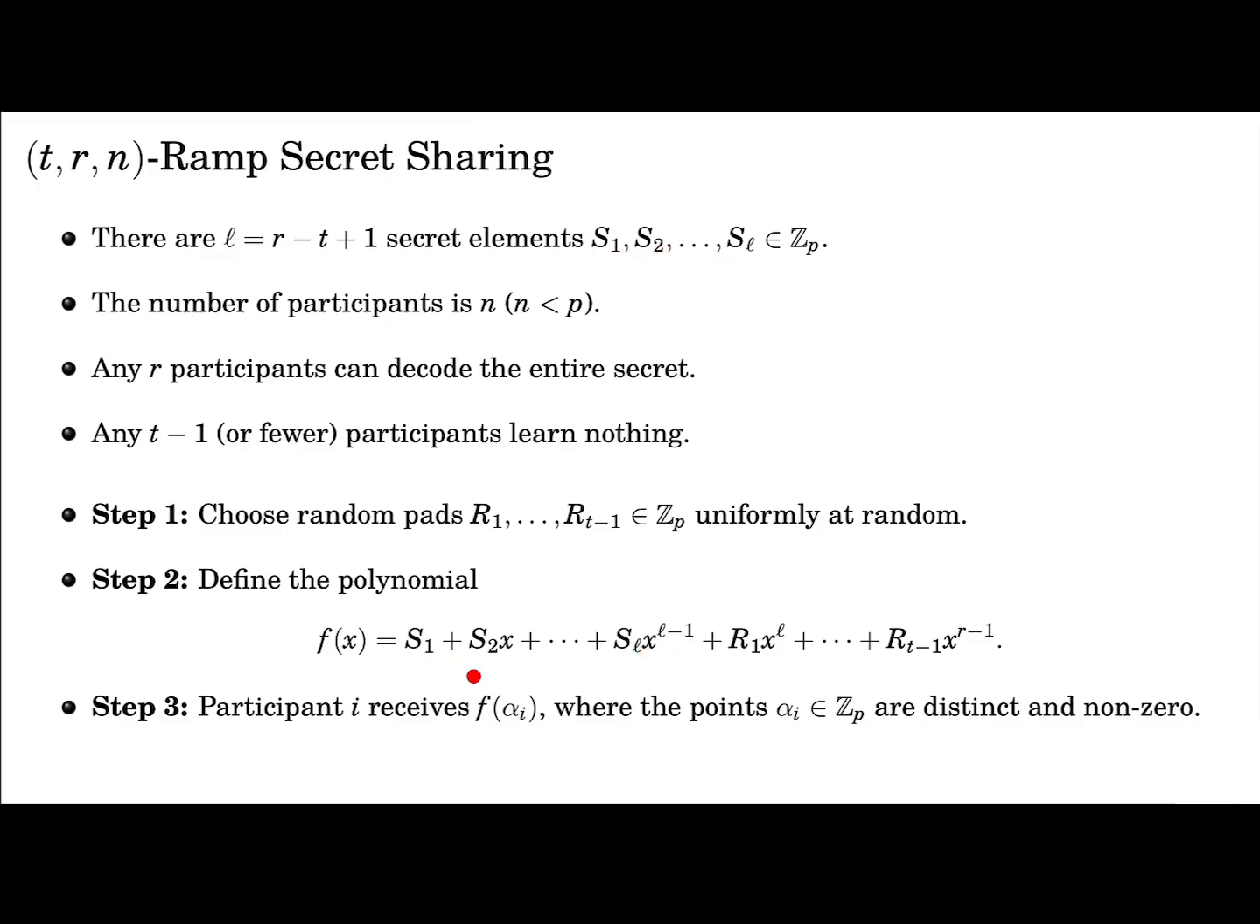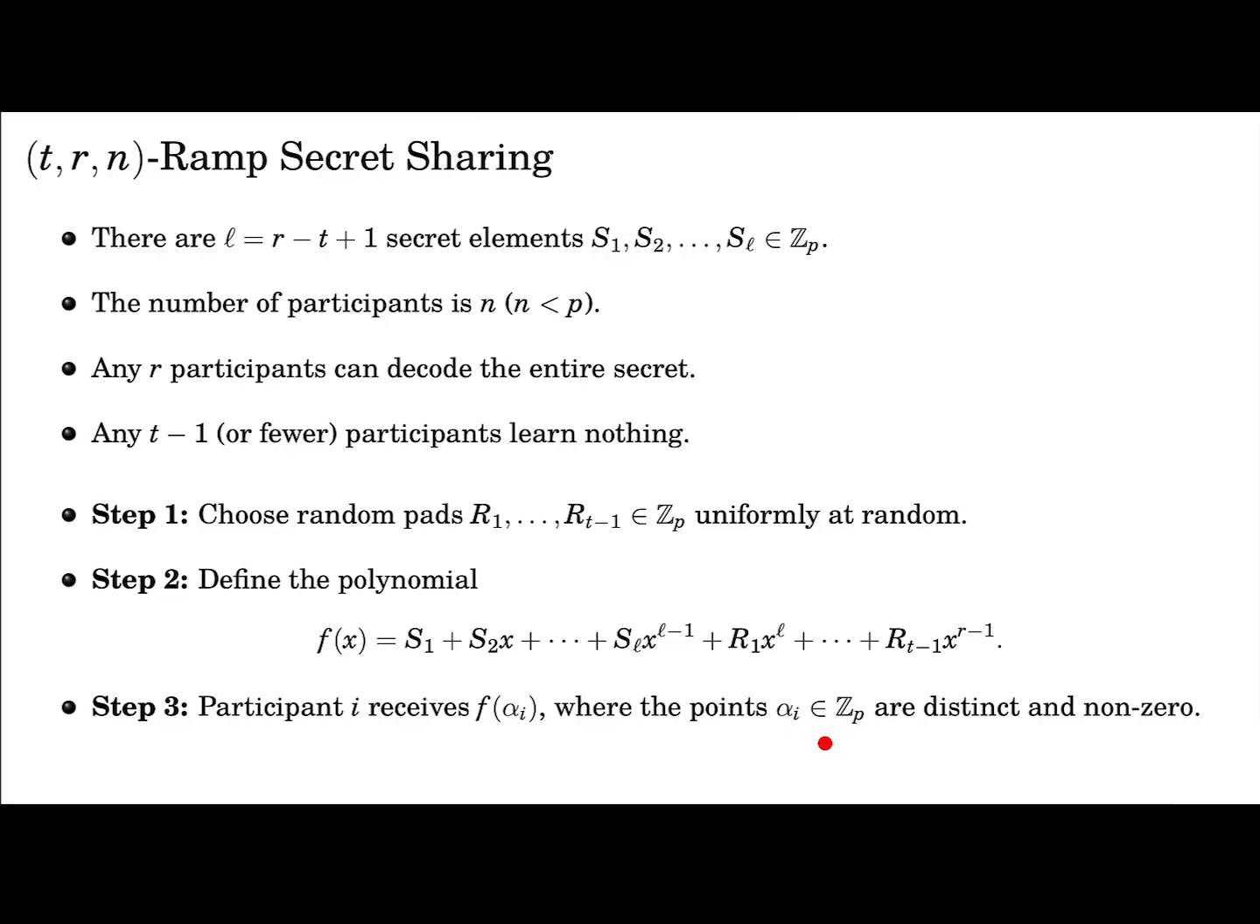So coefficient 0, coefficient 1, up to L minus 1. And then the rest of the coefficients are going to be these random entries here, okay? And of course, this is going to be degree R minus 1, because if you have R evaluations, which is what you want, you're able to retrieve the whole polynomial, and you can then actually solve for each one of these coefficients here. And as before, each participant is going to receive a distinct and non-zero point in ZP,